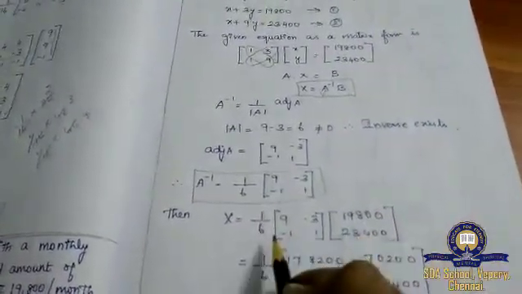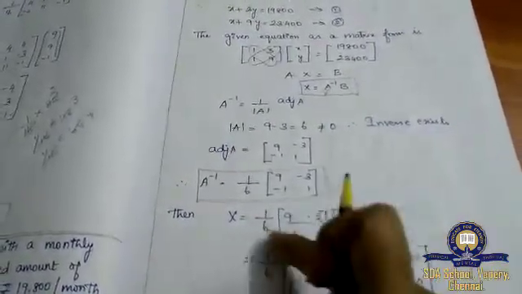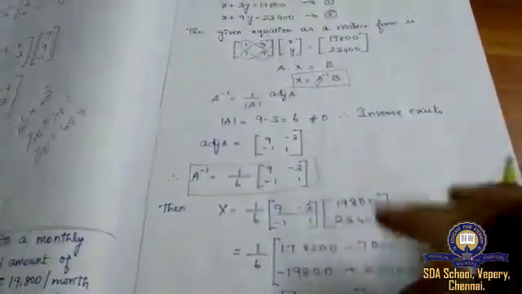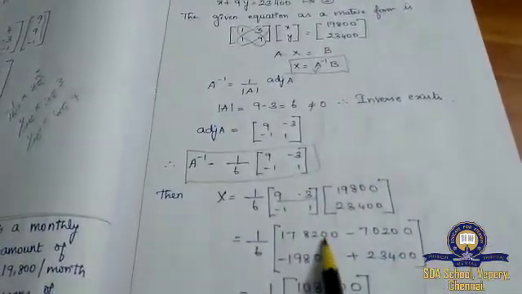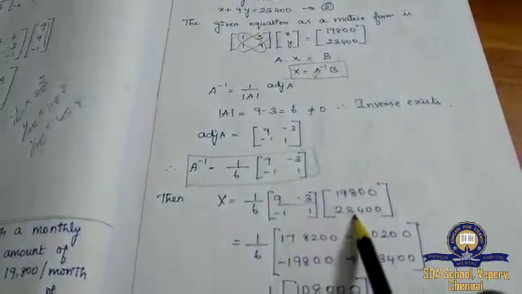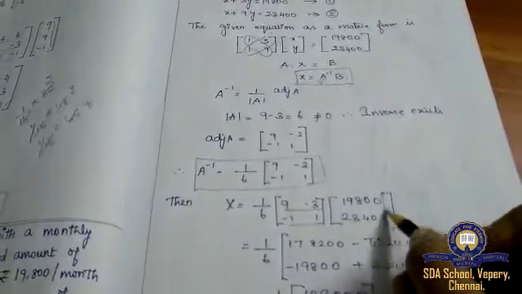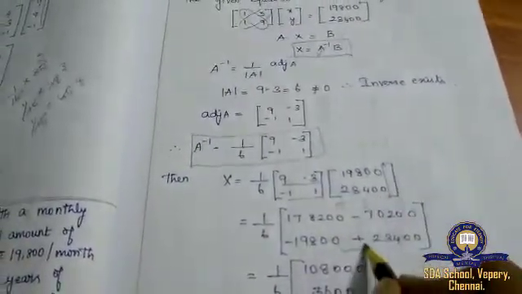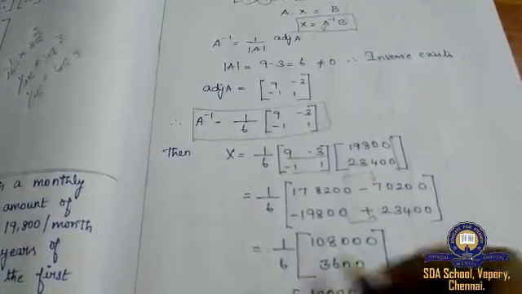23,400. So what I said in the previous sum: first multiply the matrix, after that you can multiply with the outer term. Okay, so it will get easier. So 9 into 19,800 I have done it here. You can multiply and do. Minus 3 into 20,400 gives me 70,200, and this row with this column. After that we have to subtract the values. So after subtracting, what should I do? I have to multiply the value.